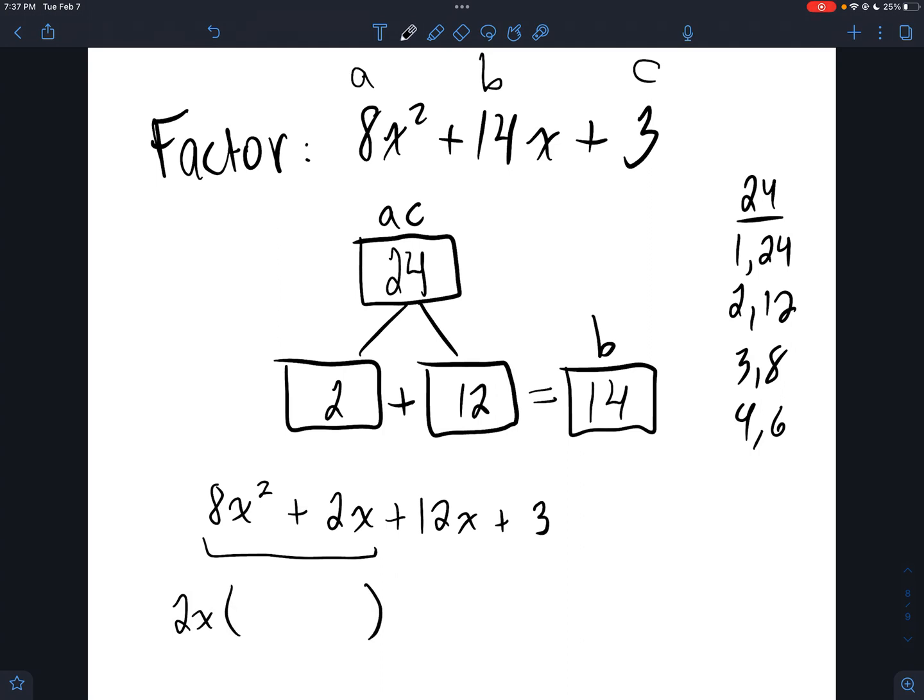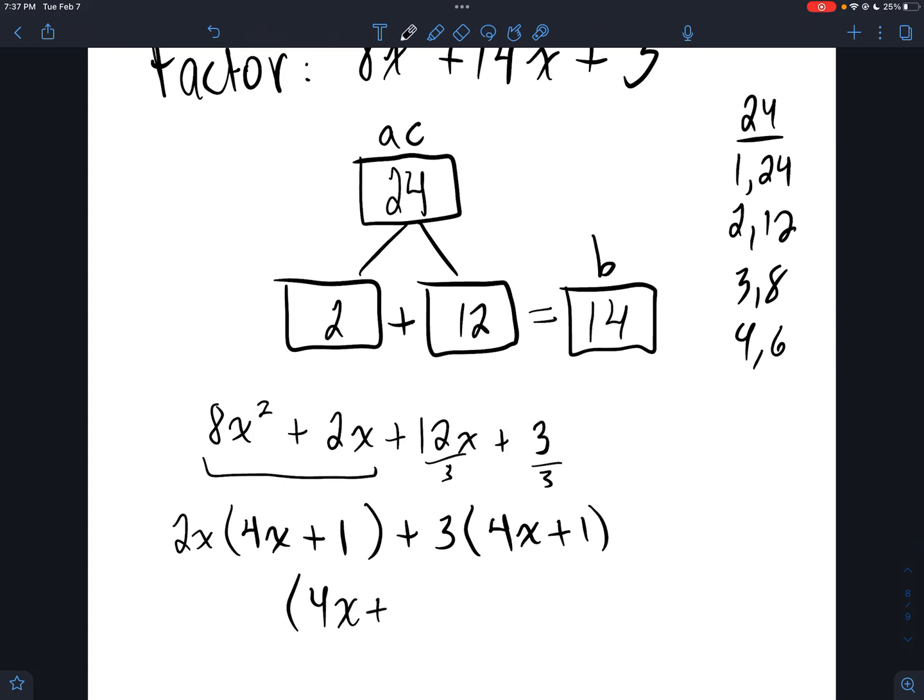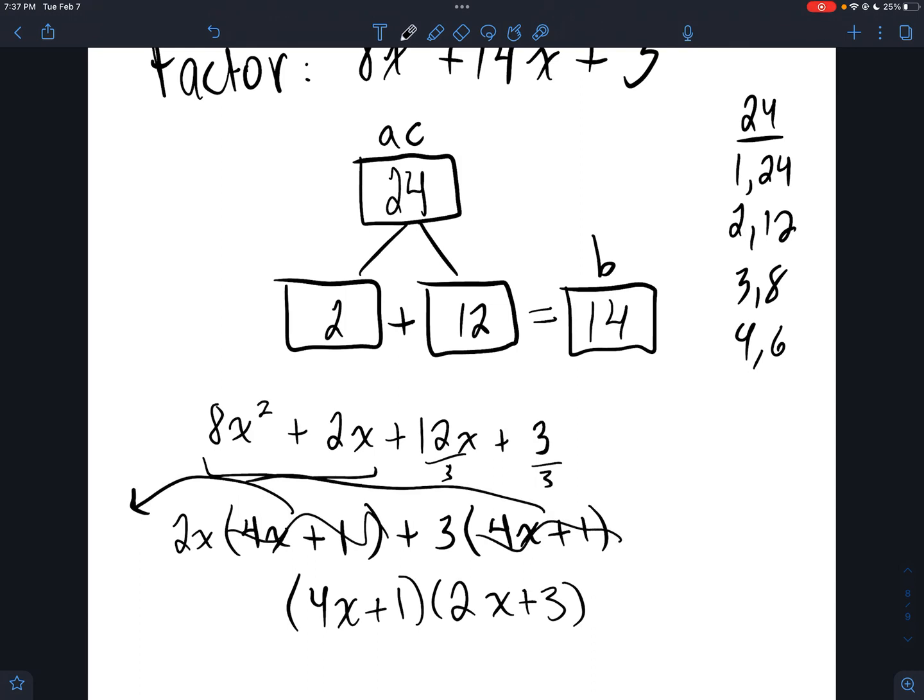We're going to do the same thing. So these both have a 2x. I'm going to divide both by 2x, so I'm left with a 4 and an x here, and left with nothing, or a 1 there. And then we're expecting to see this again. So if I pull out a 3, I'm going to get 4x plus 1 left, because I'm dividing this by 3, dividing this by 3. Sorry, divide by 3. My bad. And we're going to take that out. And this comes out, so it's kind of gone, but you write it out front. And then what's left